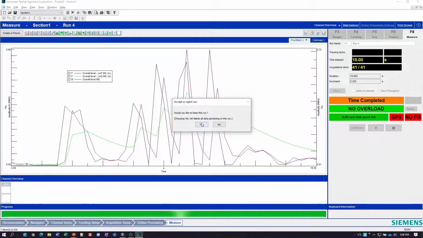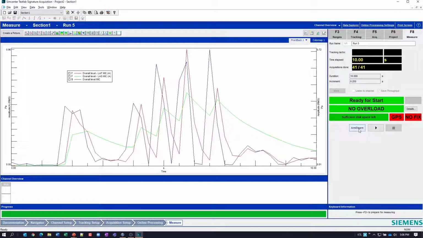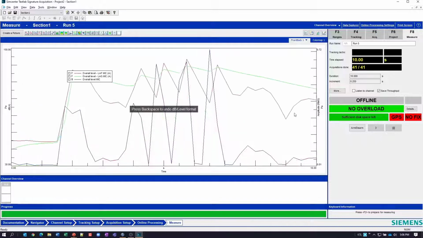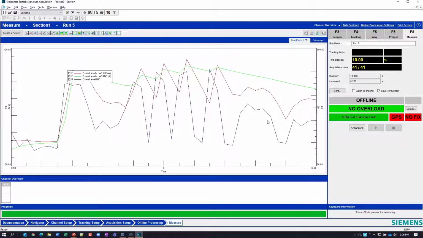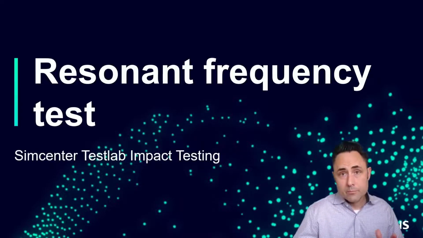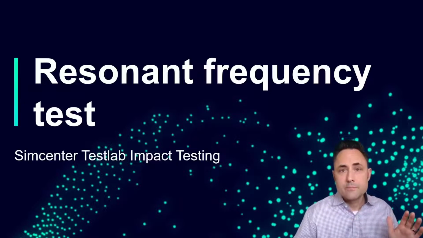So you see the LAF and the LAS, obviously the time constant difference has an effect on how the overall level is calculated, and overall level is even a little bit different. I could put this into decibels here, as well as the LAF, and you see all three give me a slightly different version of the overall level versus time, and it's all dependent on those settings, so use the one that you like best.